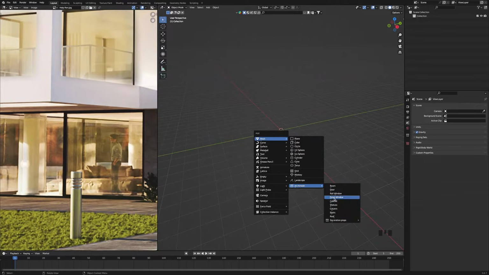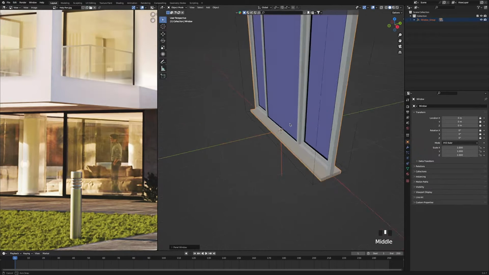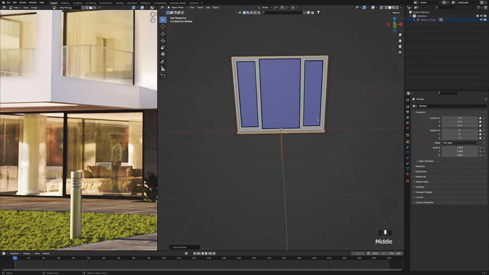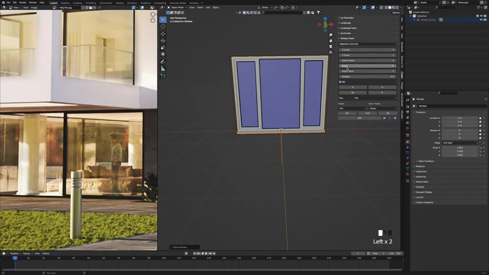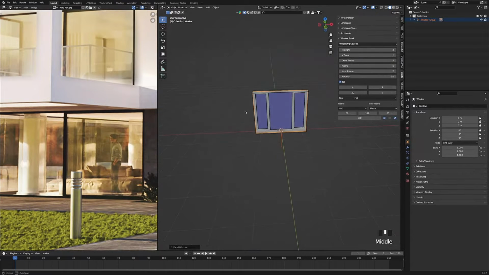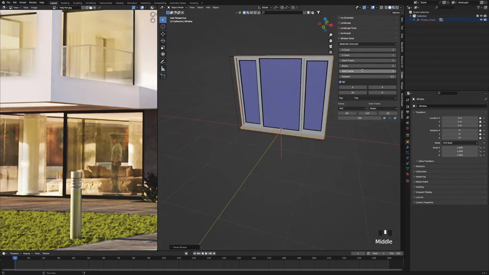But of course, we're making a window, so we're going to use the panel window, which is a generated editable flat window. So we're going to click that, and that's what it's going to give us. And then if we press N and go to create, it gives us different options and different settings that we can use to change our window so it's the way we want it to be.